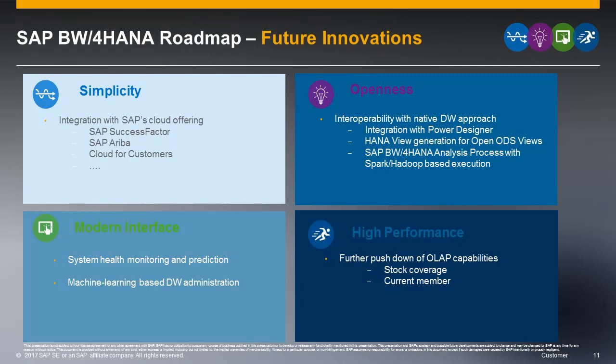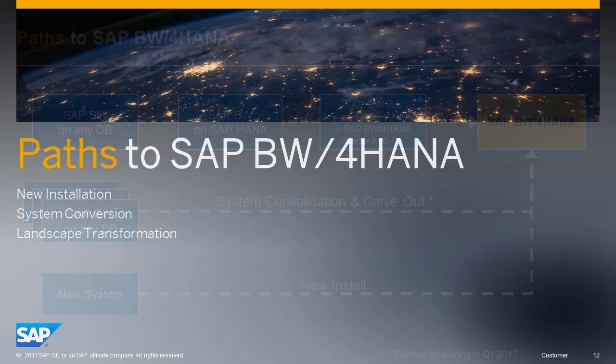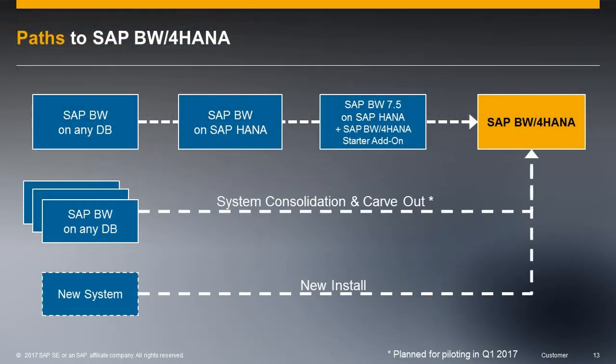So now we've kind of laid the foundation and talked about some of the things, compared and contrasted some of the differences with BW for HANA versus the predecessors. So now the biggest question is, how do I get there? Well, there's really 3 ways to get to BW for HANA. The first way is if you have a BW on any DB. So if this is Oracle, SQL Server, DB2,